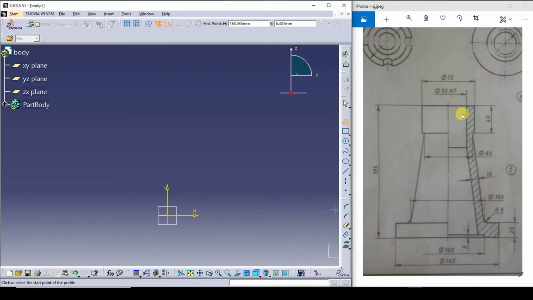First of all I will draw a rough sketch of this one, then I will try to give the dimension for this. Roughly it is like this.